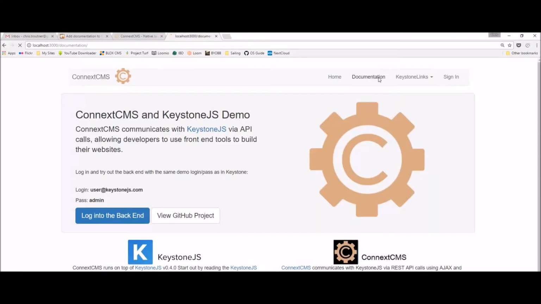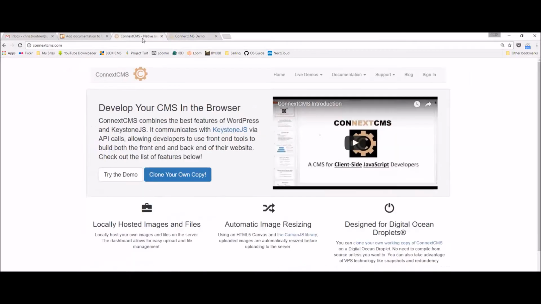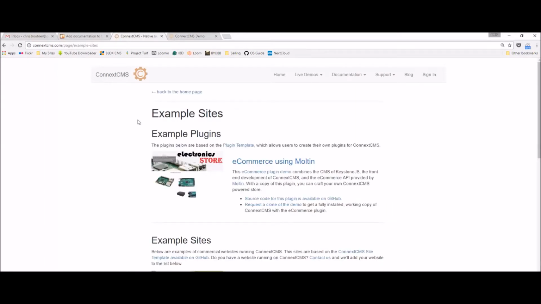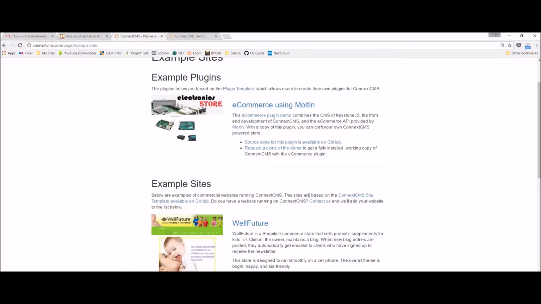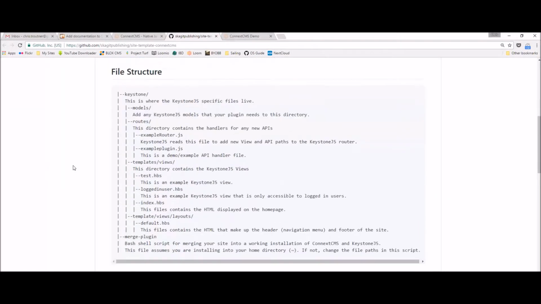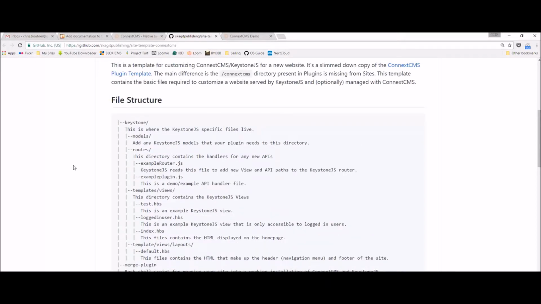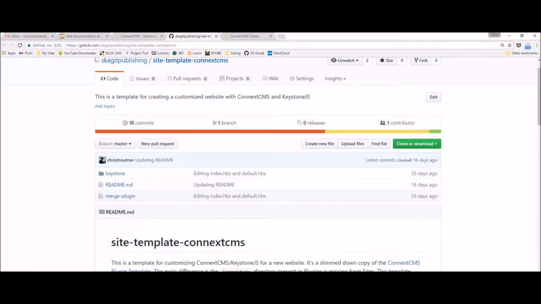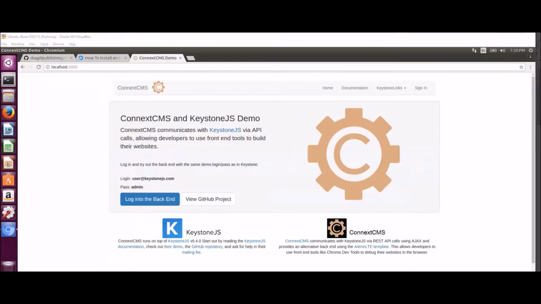So if you go to ConnextCMS.com, and let's see, go to the example sites. You can find a link to the plugin template, and you can find a link to the site template. So here's the site template, and this is a great way to customize your own site running on ConnextCMS. So this is what we're going to do, and in fact, we're going to go back to the virtual machine,